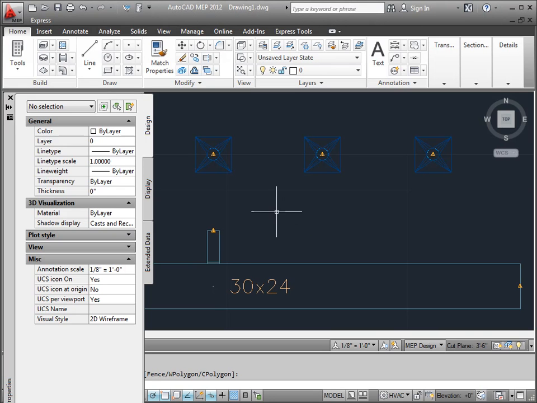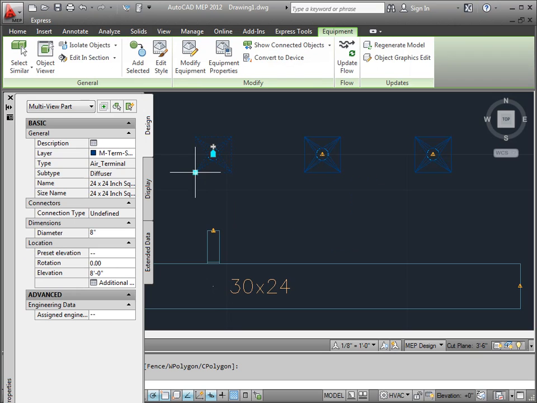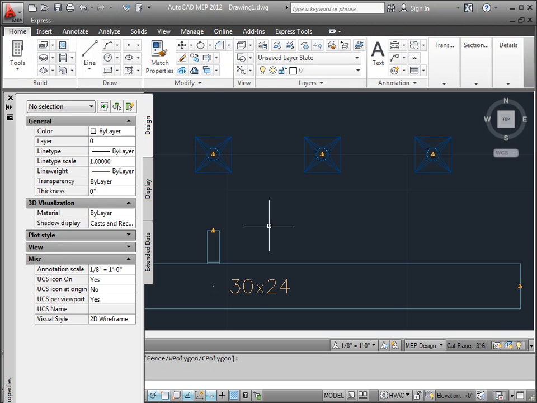Alright, so you want to know how to draw flex out to a diffuser and be able to move your diffuser, and the flex duct moves and stays connected to the diffuser as you move it. That can be done. It's just a matter of what